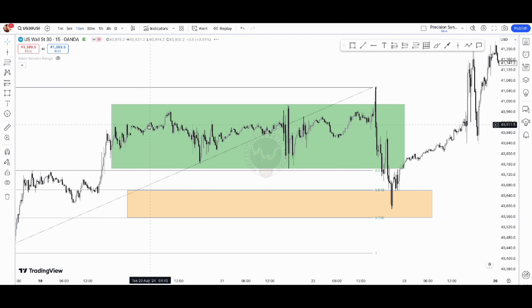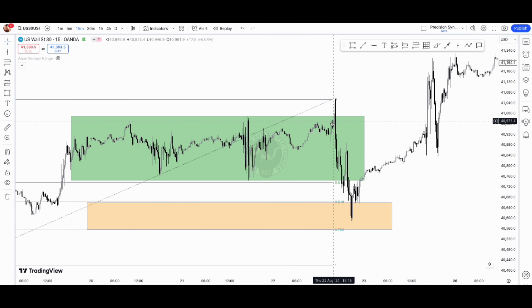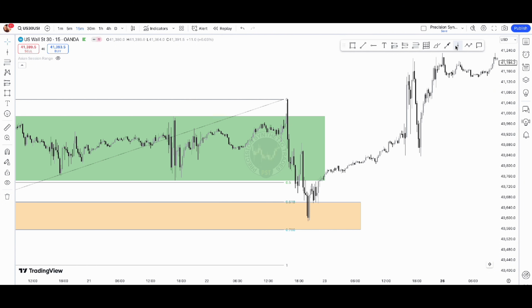All right, so as you can see, we accumulated. This is our OTE zone. Price actually manipulated to the upside in New York at 3:30. There's the open, 3:30. Let's just mark it out. This candle here